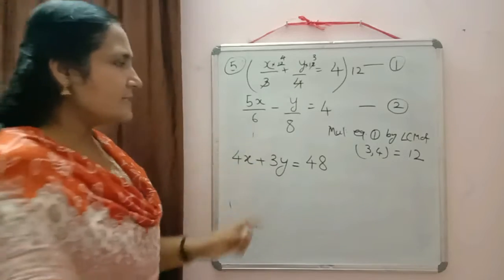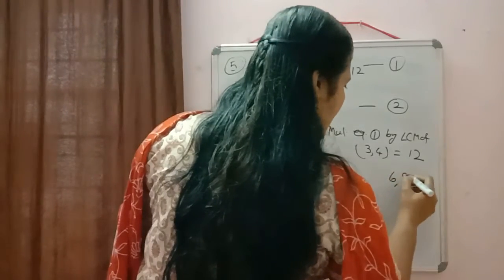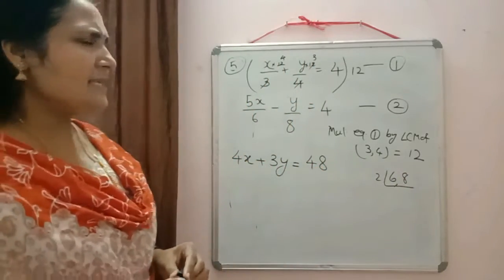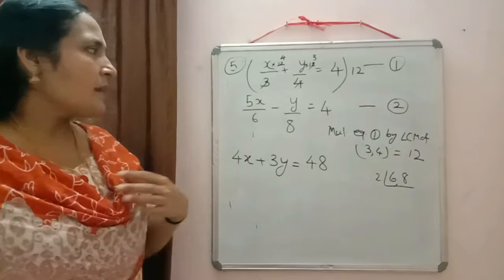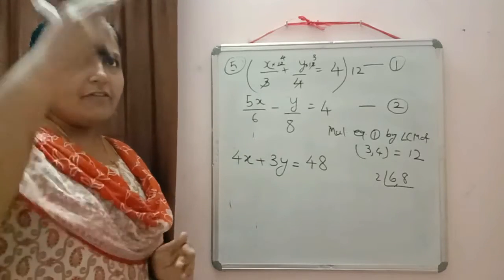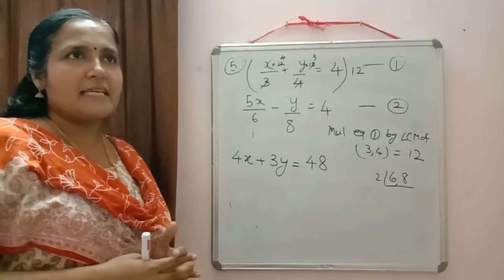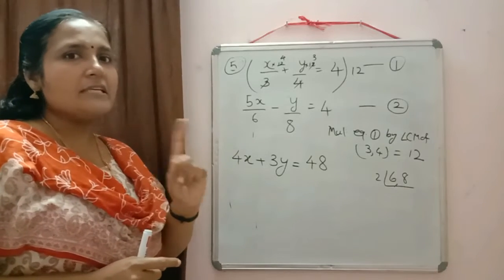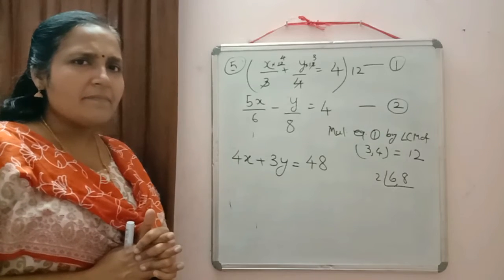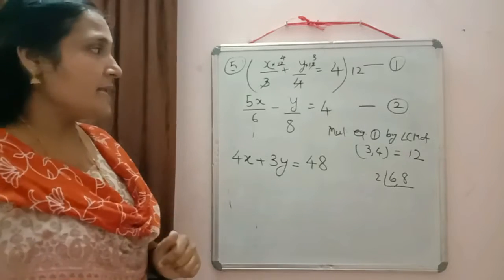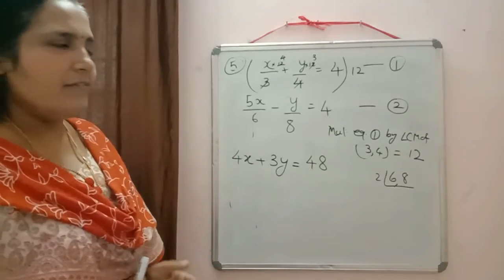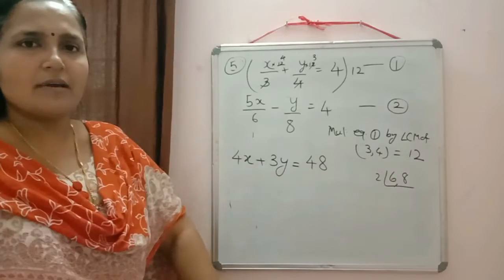Now in equation 2 we can check 6 and 8. You can find out the LCM the way you did in the previous classes, or you can check the least number which is common in the multiplication tables of 6 and 8. If you check the multiplication tables of 6 and 8, the first number common in both, what is that number? Yes, that number is 24. So the LCM of 6 and 8 is 24. Otherwise, you can also use the usual method there.